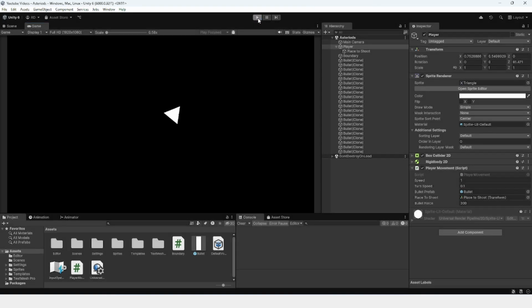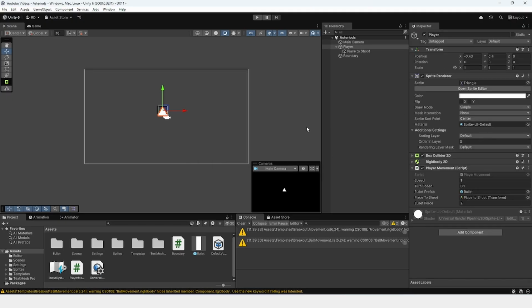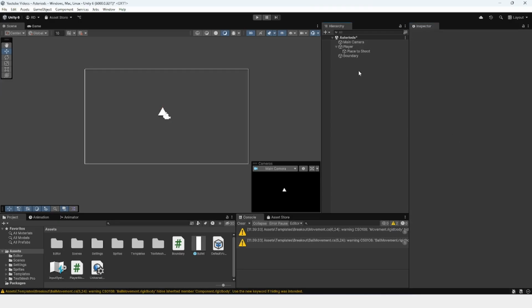And that's because we need to set the bullet rotation to be the rotation of the player. We are just putting a force straight up, but I'm going to multiply this by transform.up, just like we did for our add force. So that means we don't need to have the AddForce y. So now we are just creating a bullet, and we are putting a force on that bullet based on its current rotation. So I'm going to set bullet force back to 200,